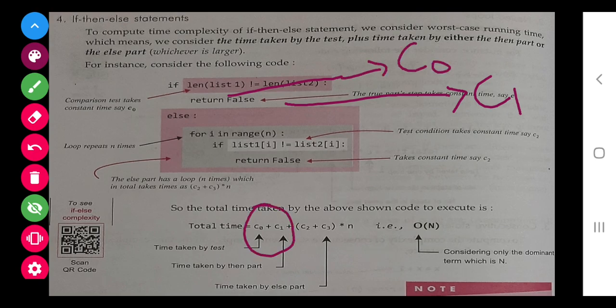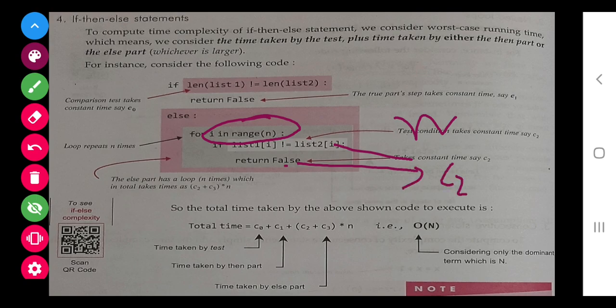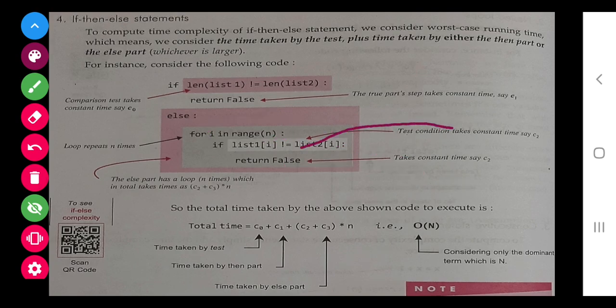So C0 plus C1 is for this part. Now when it goes to the else statement, first of all this is n, this false statement is C2, and the time taken by this should be C3.